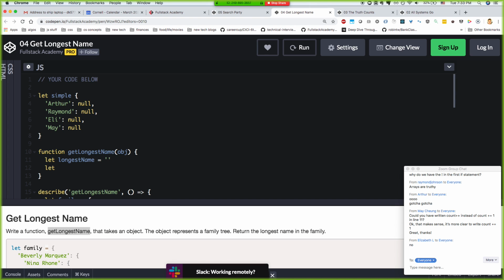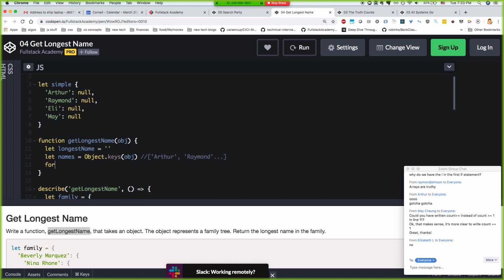So again, my names is gonna be Object.keys of object. This should return just an array of Arthur, Raymond, and so on. So now I have that array, so this becomes pretty straightforward. I just go through, i++, and then I say let name equal names[i]. So I have that name, and I'll say,